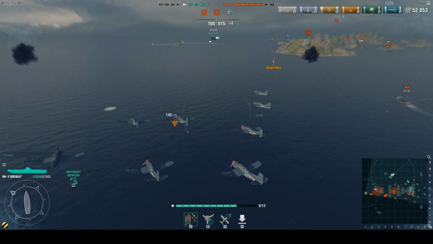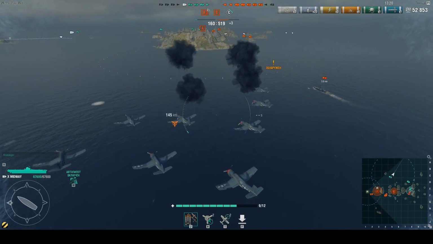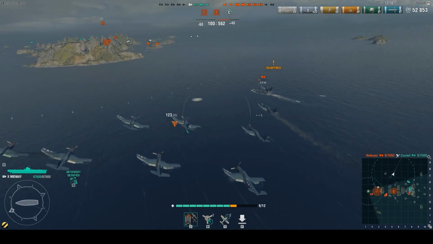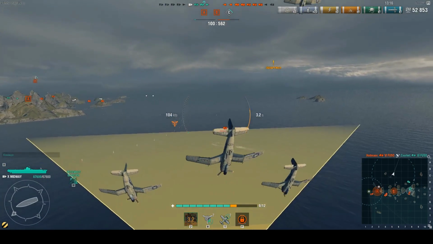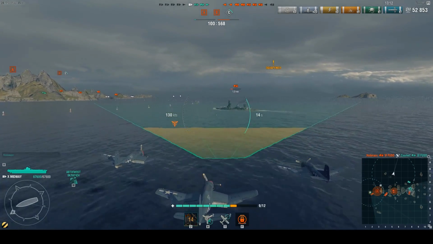And it's a Fuso, and there's no carrier. There's no carrier fighters. There's no catapult planes. There's no destroyer or cruiser with defensive AAs. So something is weird. I am not sure if this is the new and reworked AA on the ships. It doesn't look like it, but...